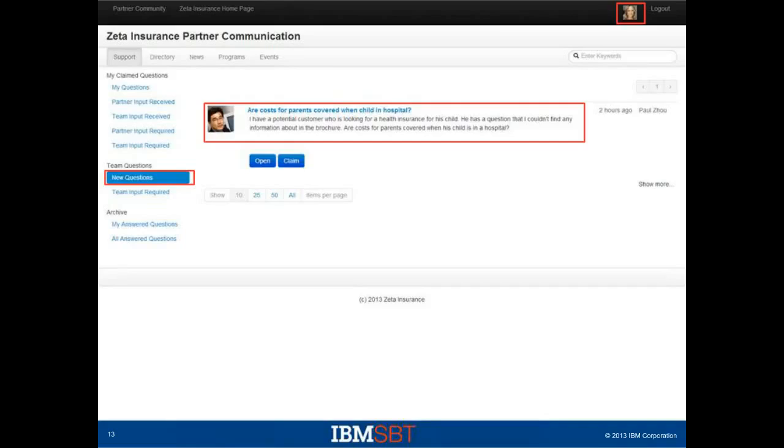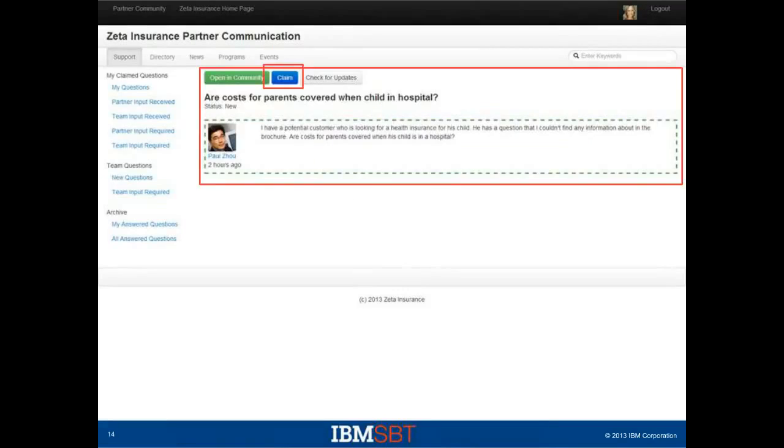There is a view under team questions called new questions, where Samantha sees all the new questions that are coming in. And this is the one that Paul just created. From here, she can open it, and then she sees the full thread if there is more than just the first question. And here is where Samantha can press this claim button, which means that she's responsible to work on and answer this question. No other support specialist sees this question in the new questions view, and only Samantha can actually answer it. So now she claims it,